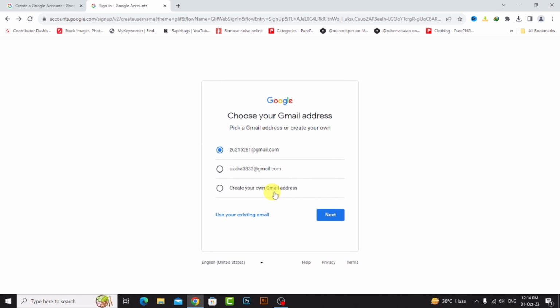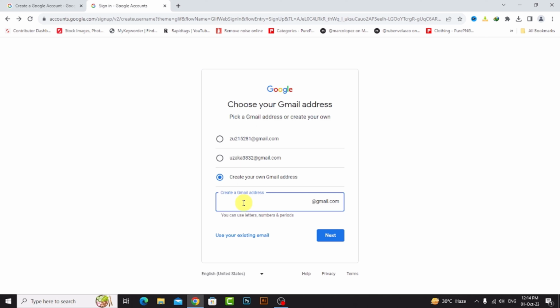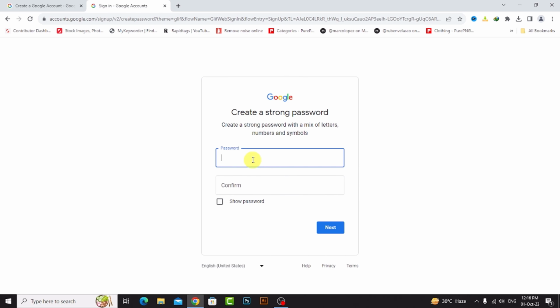So select create your own Gmail address. Click on this and enter a Gmail address. Click on next. So enter a password. Click on next